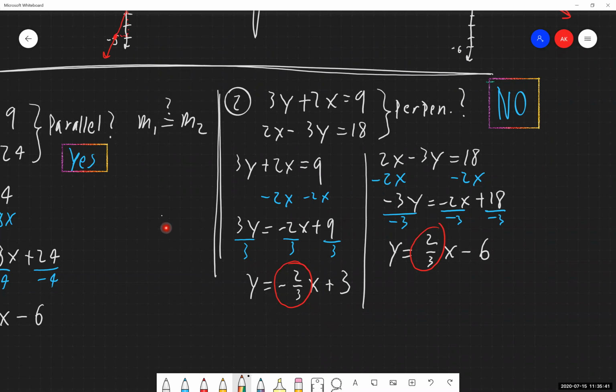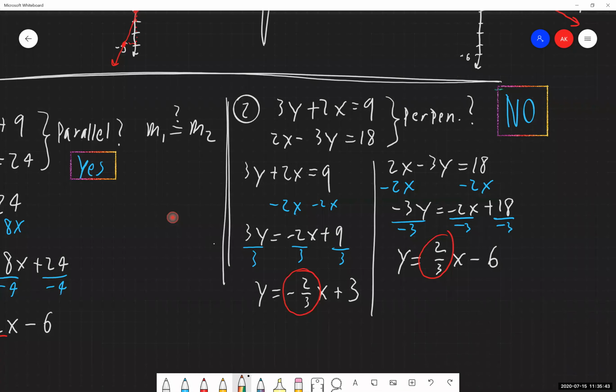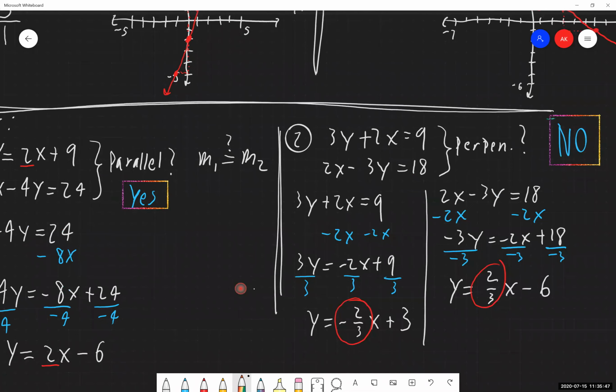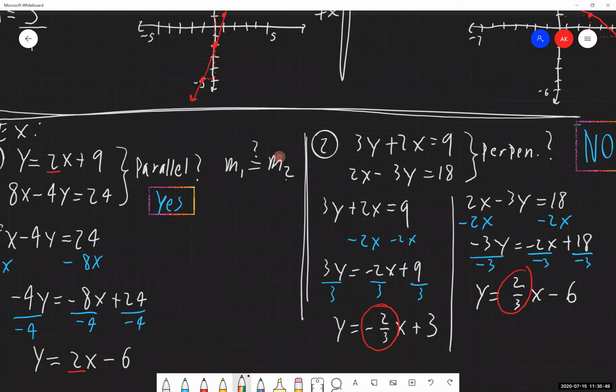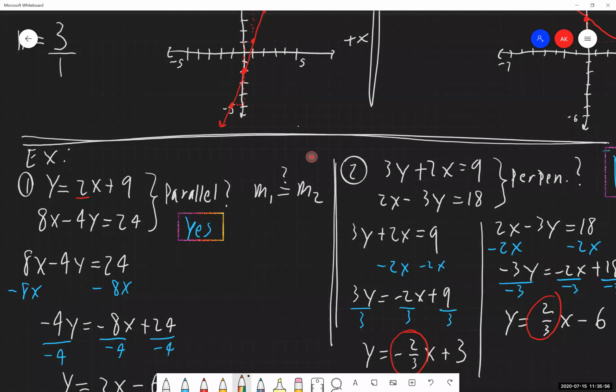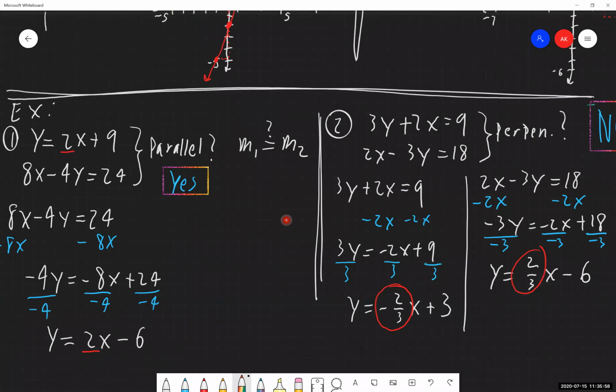So this is everything that we have for the 4.5 material, working with the slope-intercept form of these equations. How do we graph these things? Or just a new method to graph these things that might be a bit faster. And how to work with and compare parallel and perpendicular lines, things like that.